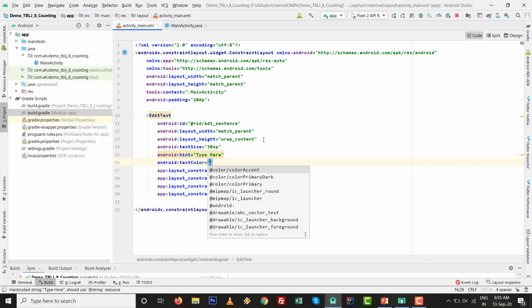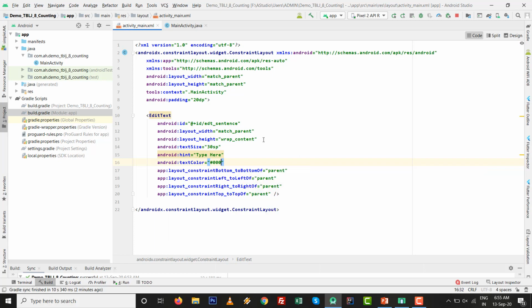Text color we need to set as black, 000.